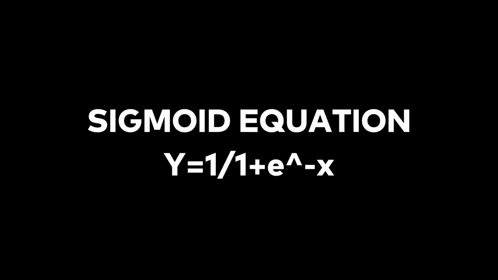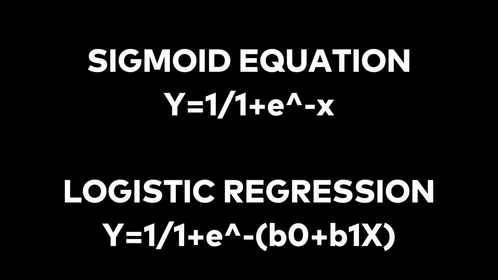So look at this equation. This is known as the sigmoid equation. The sigmoid equation plays a big part in logistic regression. This equation gives me some insights about the next steps that we are going to do in this video. Here y is our target variable and it will be calculated with this formula. You cannot understand the formula when you see it like this, so let's compare this formula with the hypothesis of the logistic regression equation. This is the logistic regression equation. These two are actually the same equation.